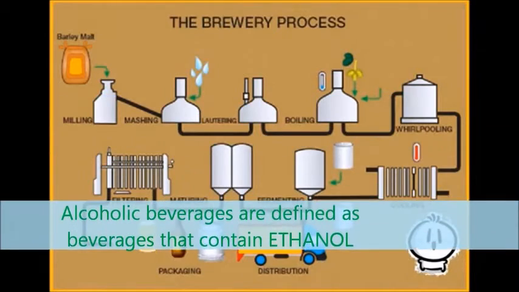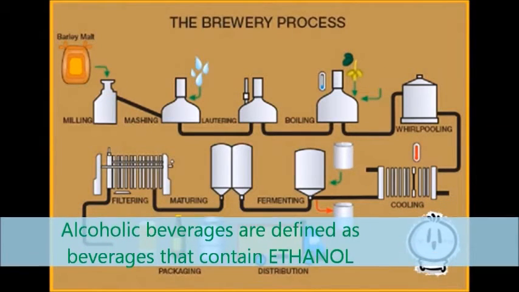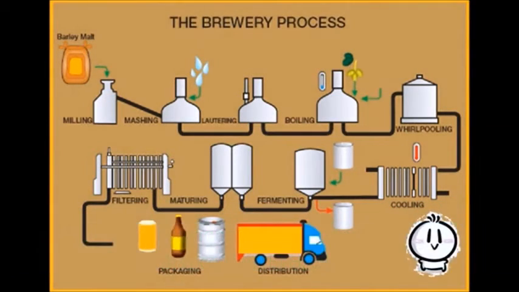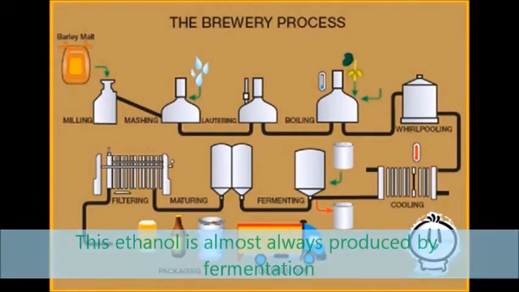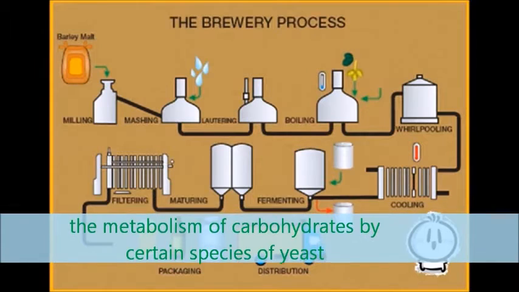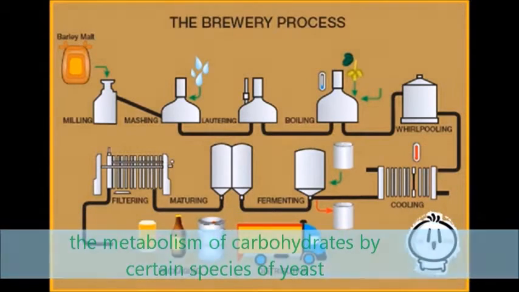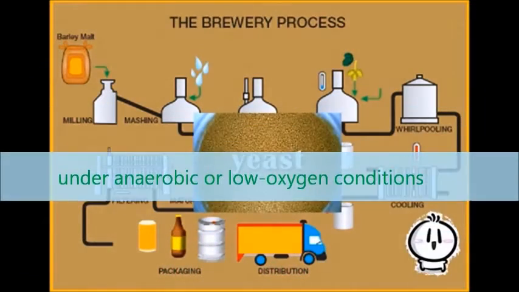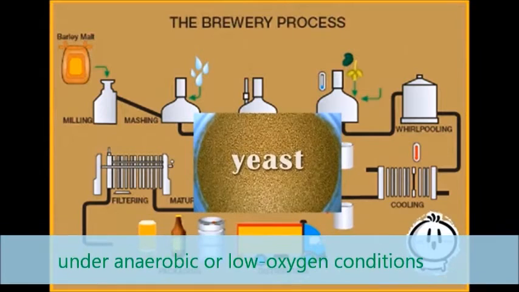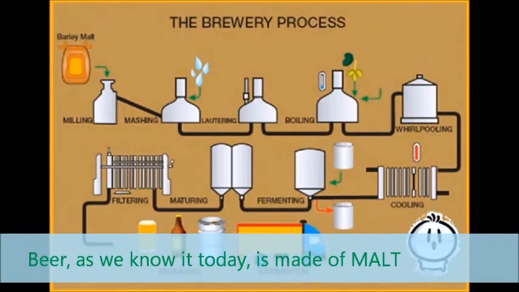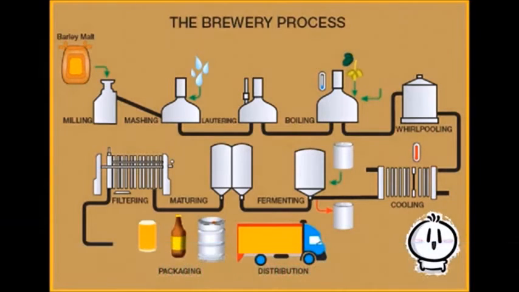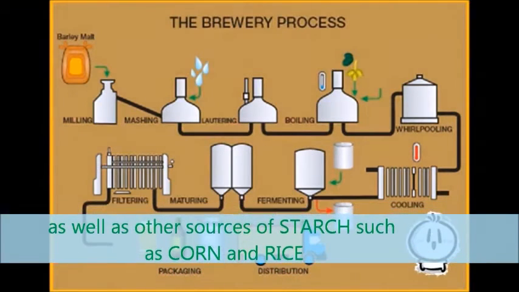Alcoholic beverages are defined as beverages that contain ethanol. This ethanol is almost always produced by fermentation, the metabolism of carbohydrates by certain species of yeast under anaerobic or low oxygen conditions. Beer, as we know it today, is made of malt, as well as other sources of starch